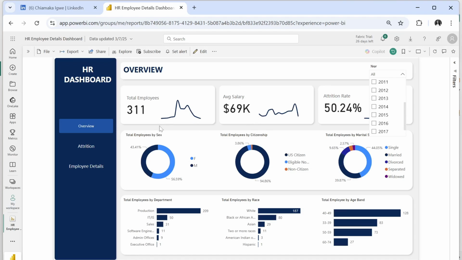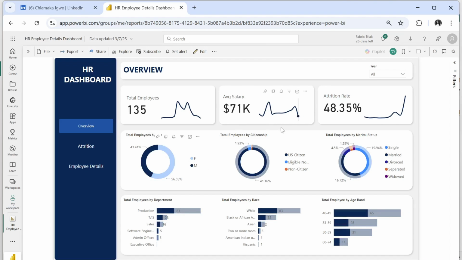Down here, we have the employee demographics. Here, the distribution of employees by sex, citizenship, and marital status. Here we have the sex. You can use this also as a filter. If you want to filter for male employees, for instance, you can click on that and the whole dashboard filters to represent male employees. You can also right click to see the details of male employees using the drill through